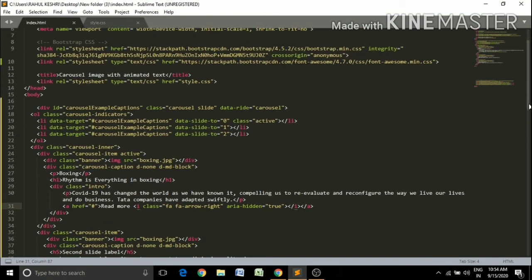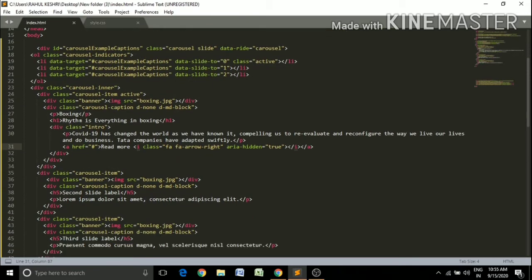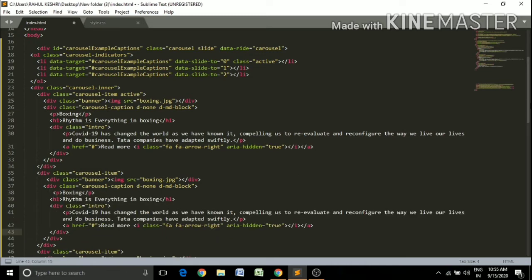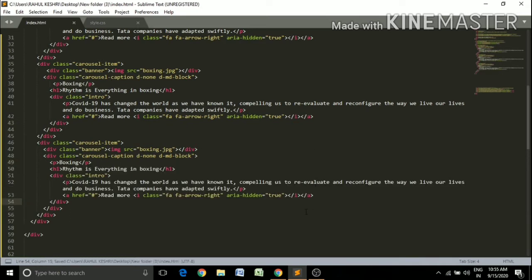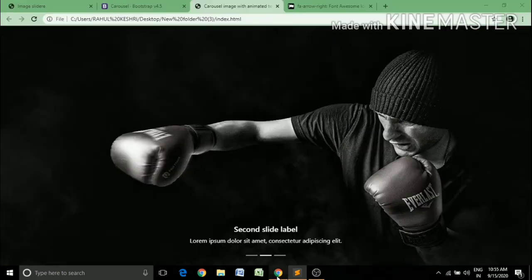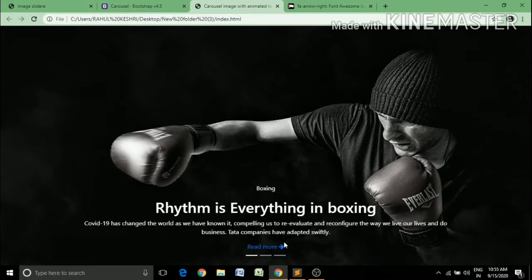Now I'm going to copy this carousel caption section and paste it over all the sections. Okay, just refresh it and you see that.